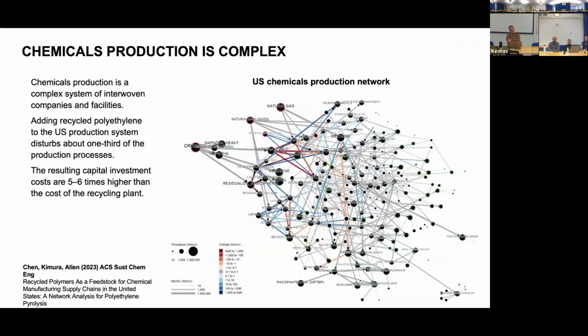Some work the Texas group has been doing is looking at the US petrochemical sector. We're doing a network map here. These are all different subproducts that are used to make products in the US petrochemical sector. What we're showing here, all the grey is the background, and the colour is the introduction of a single polyethylene recycling plant, a chemical recycling of polyethylene, and all of the colours show how that disturbs this network. These are all companies that have contracts and transport routes between them. So it's a really complicated, very highly refined network that is very hard to disrupt,